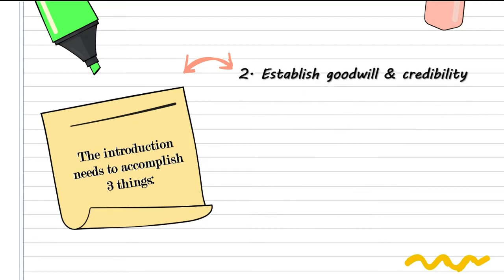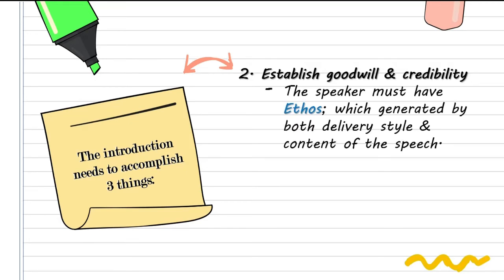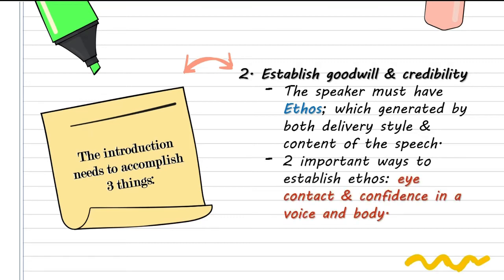The second thing is to establish goodwill and credibility. Goodwill means the speaker must have ethos, which is generated by both the delivery style and the content of the speech. There are two important ways to establish ethos: eye contact, and confidence in voice and body. This would be the result of having credibility. If the speaker applies this method, ethos, the audience will consider him or her an intellectual character, because the way he or she speaks really gives them